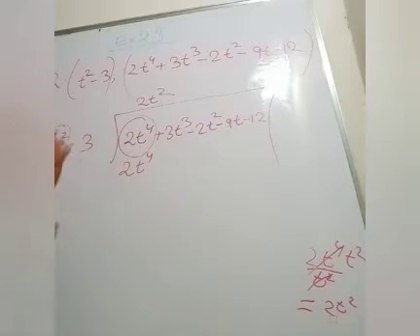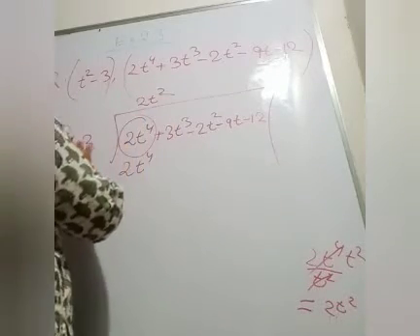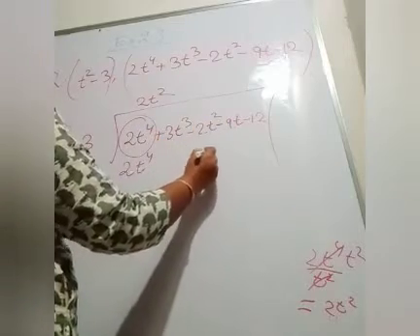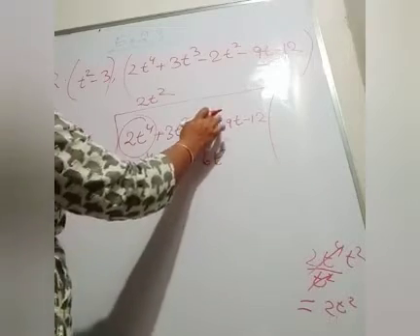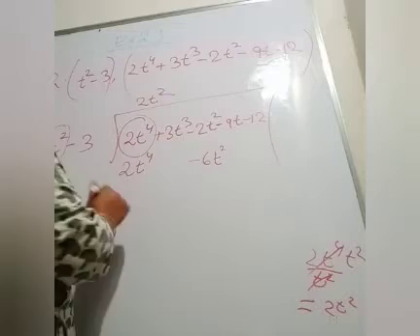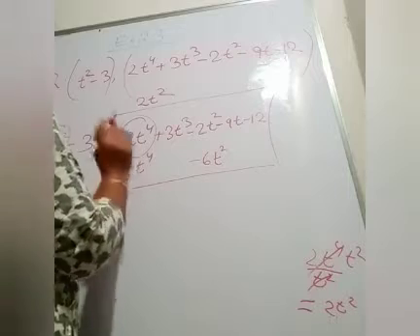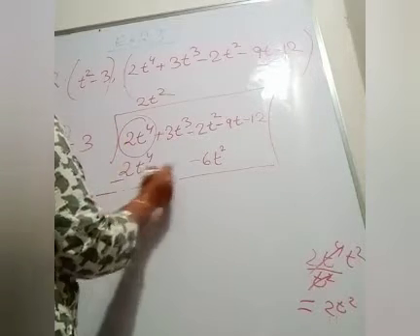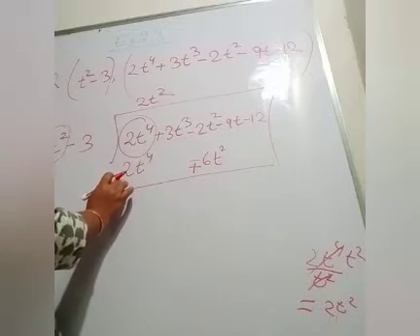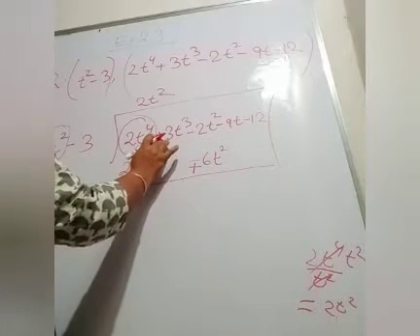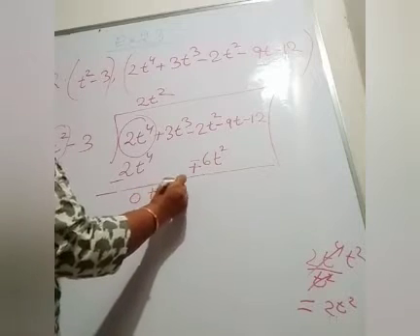So write the term under the term of the same degree. So minus 6t square, that means it is under this one, minus 2t square, you should write minus 6t square, because these are of the same degree. Now subtract. While subtracting you have to change the sign. Minus will become plus and plus will become minus. So 2t4 minus 2t4 will become 0. And plus 3t cube, there is no term under it, so write down plus 3t cube.